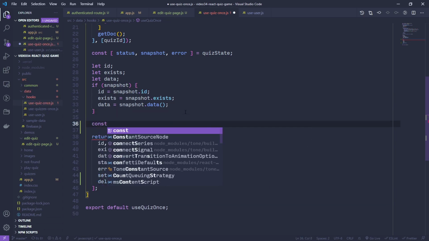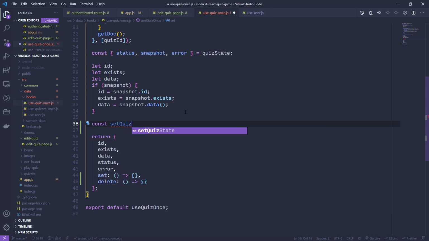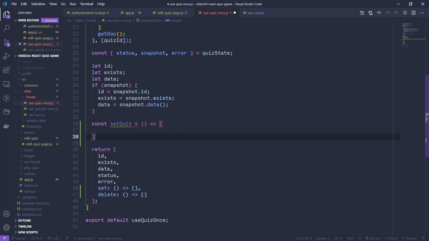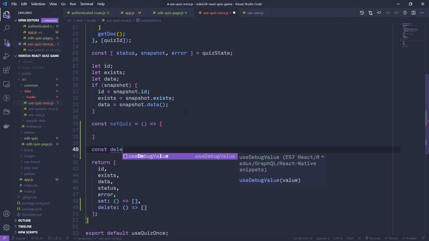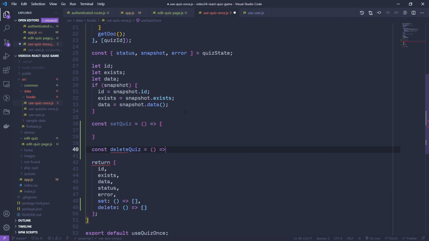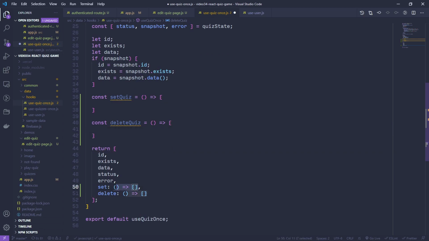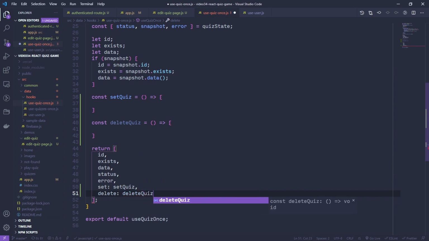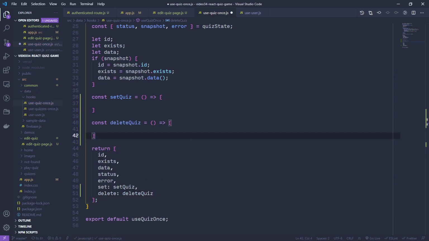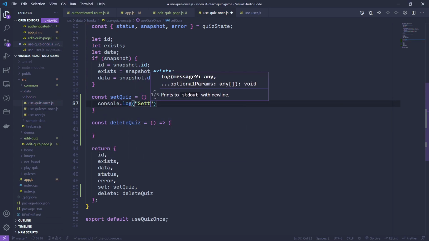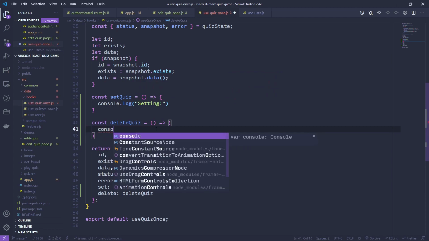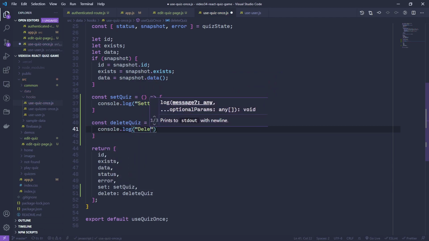So what we can do is create the function here for setting a quiz, and create a function here for deleting a quiz. And these are what we are going to pass back here. So set quiz and delete quiz. So we could put in a message here, console log,